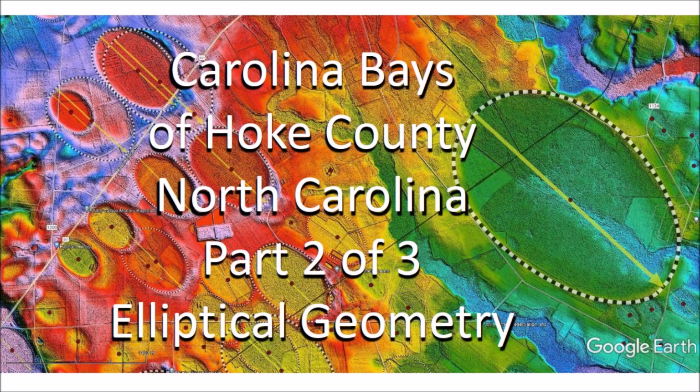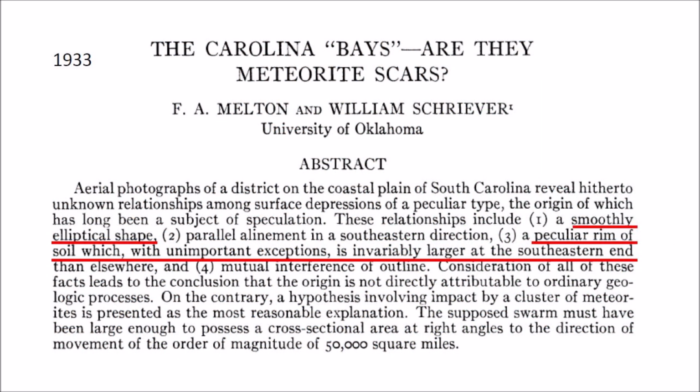that created them. The observation that the Carolina Bays have an elliptical geometry is not new. Almost 90 years ago, a paper published in 1933 by Professors Melton and Shriver from the University of Oklahoma characterized the Carolina Bays as having a smoothly elliptical shape and a peculiar rim of soil which is larger at the southeastern end of the bay. These two features are vitally important for determining the mechanism that created the bays, but they have been consistently ignored by the proponents of uniformitarian wind and water mechanisms for the creation of the bays. It would not surprise me if 100 years pass before geology books properly describe the Carolina Bays as having elliptical